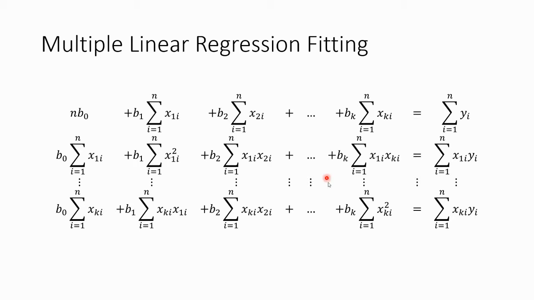And there is a trend to this simultaneous equation. Okay, let's look at the first line. In the first line, we put n b naught. And then the second term of the first line is b1 multiplied by the summation of x1. To put it simply, I would say x1, but when I say x1, it means the summation of x1 from i equals 1 to n. Just before I proceed further,